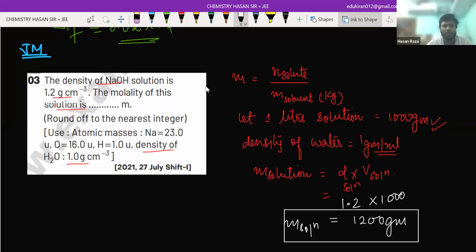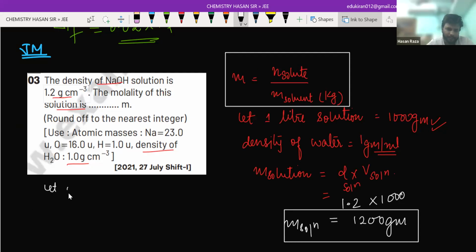This is the mass of solution. But we need mass of solvent in kg and number of moles of solute. So what we need to do is neglect the mass of NaOH, because the quantity of water is quite large. So neglecting mass of NaOH,